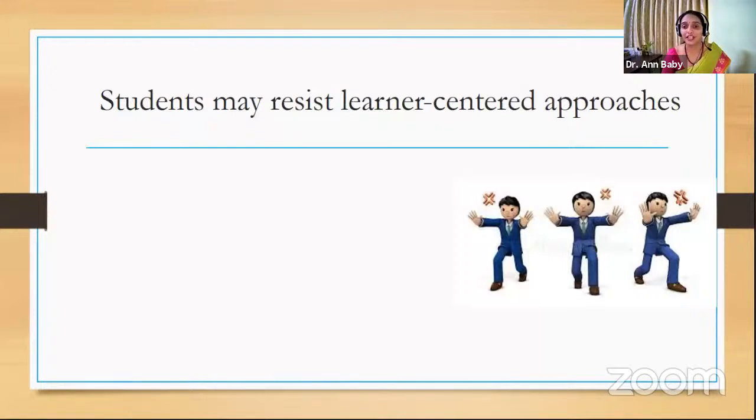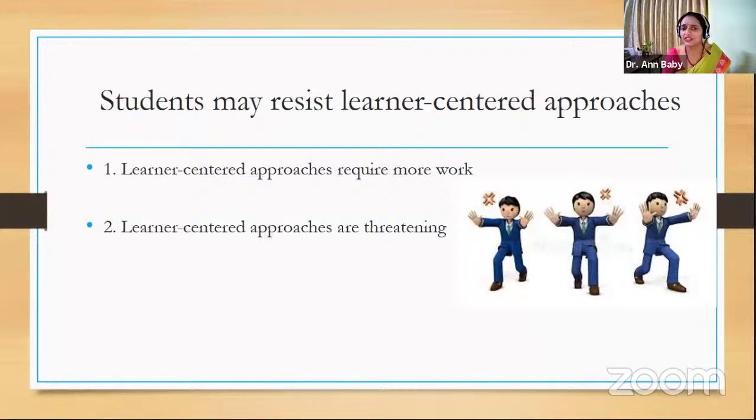Yeah, they'll feel targeted. You'll call out students, isn't it? No ready-made material. Yes, sir. They will have to learn. Too much work for them. Some may think that they need to speak out. Continuous work. They have to work a lot. Responsibility. Exactly, sir. Very good. It requires more work. They are threatening. They will not get all these PPTs, no notes, nothing. Isn't it? They have to develop content on their own. It is threatening.